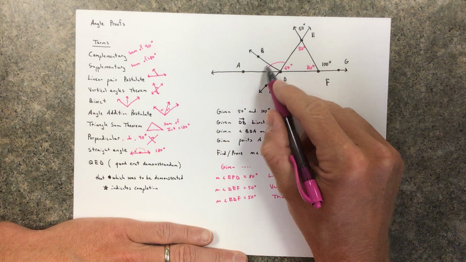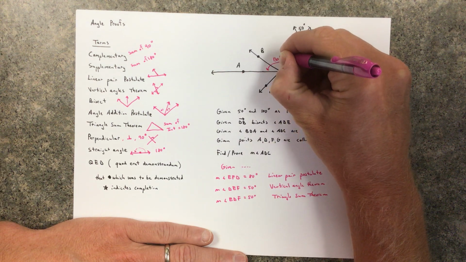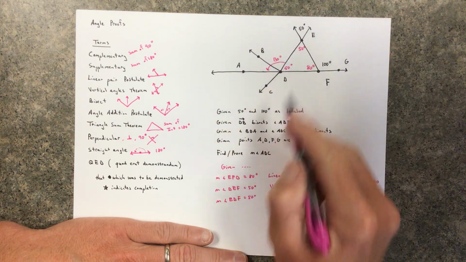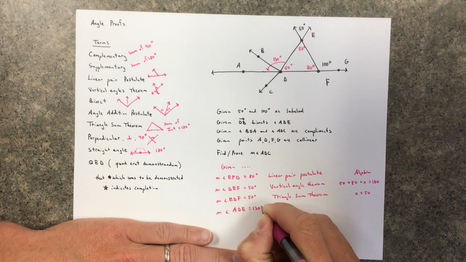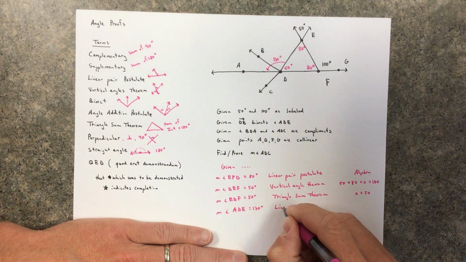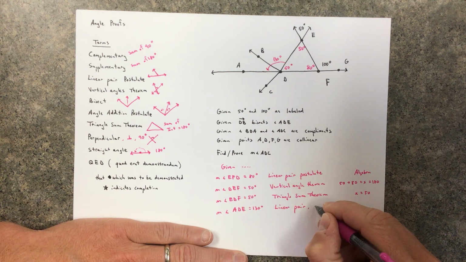If that's 50, that whole thing has to be 130. So that angle is ADE. ADE is 130, and I'm just going to say it's another linear pair. Or maybe you could have said angle addition